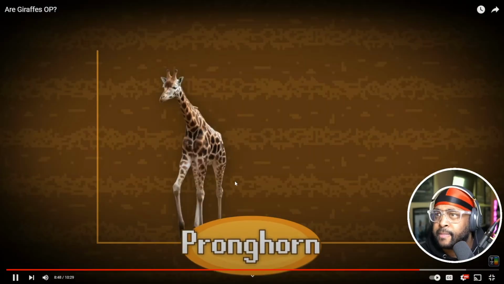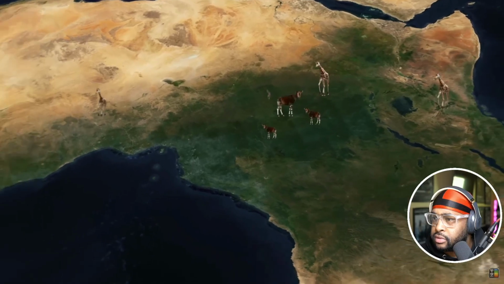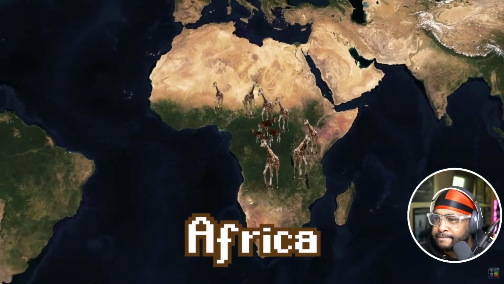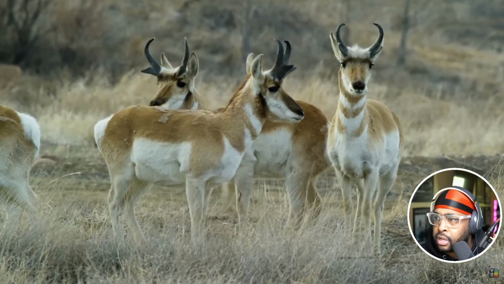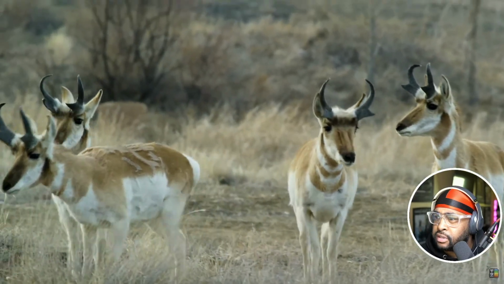The pronghorn is completely different than the giraffe in both stature and location. Both the okapi and giraffe are only playable on the Africa server, but to find the pronghorn, you need to travel all the way to the North America server. The pronghorn deserves an entire video to itself since it's such a fascinating build with an extremely distinct